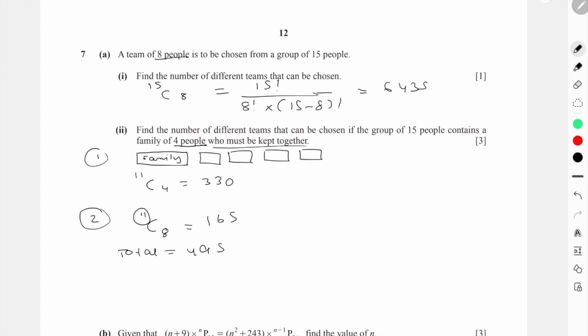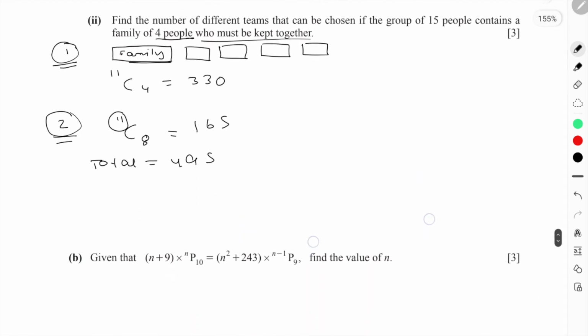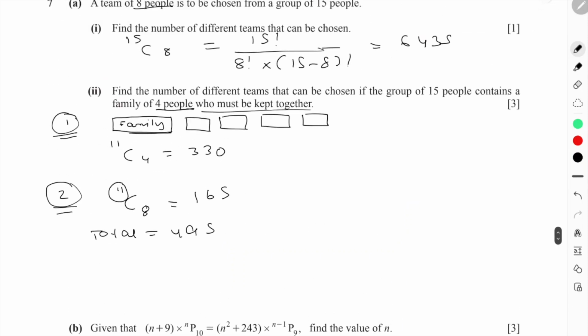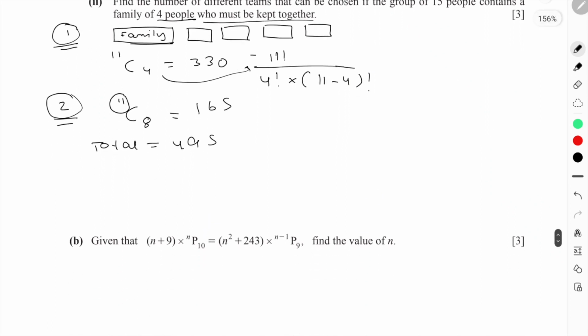So in these type of questions, what you can do is try to break it down into like, first we have to find with the family, and then next without the family, and so on. Try to simplify it as much as possible. And then also, since it's 3 marks, you can just write this is basically 11 factorial divided by 4 factorial into 11 minus 4 factorial, and so on. So yeah,